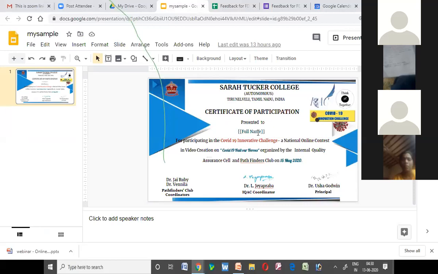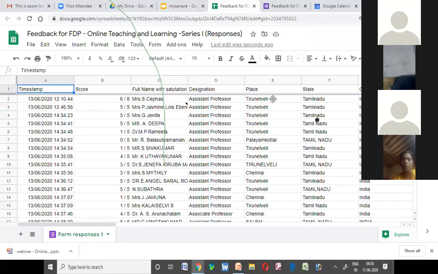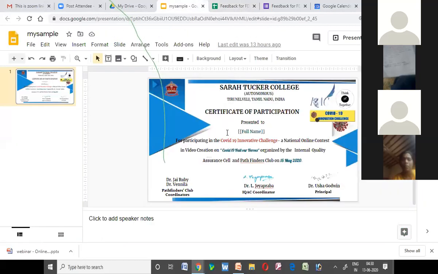So map the things with the fields which you are going to give in the Google slide. That is very, very important. Once it is completed, suppose you want to have a date, just put date inside the two curly braces. Instead of full name, if you put curly brace, date, curly brace, then you will get the current date.